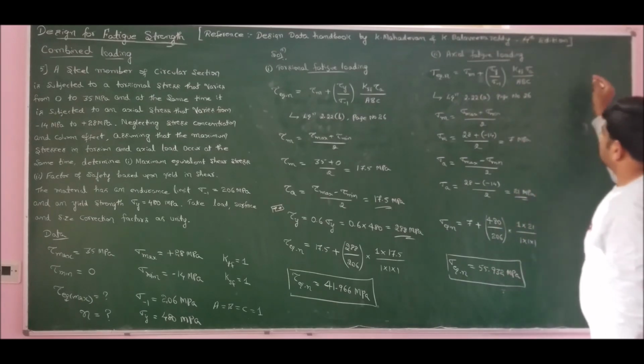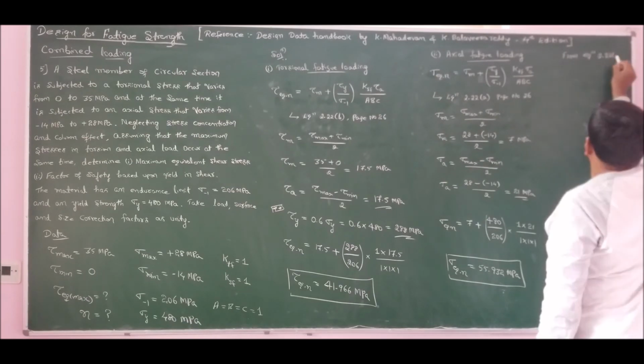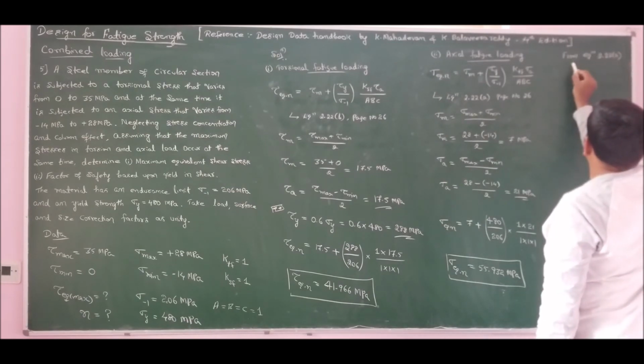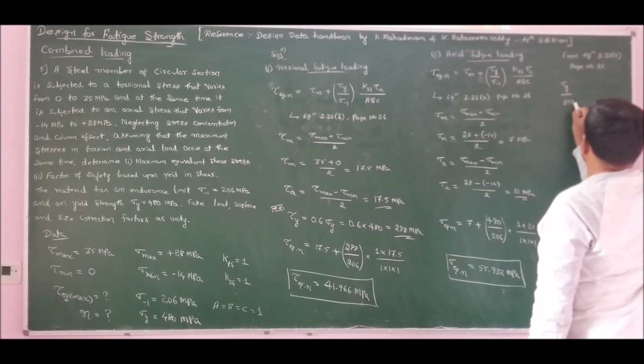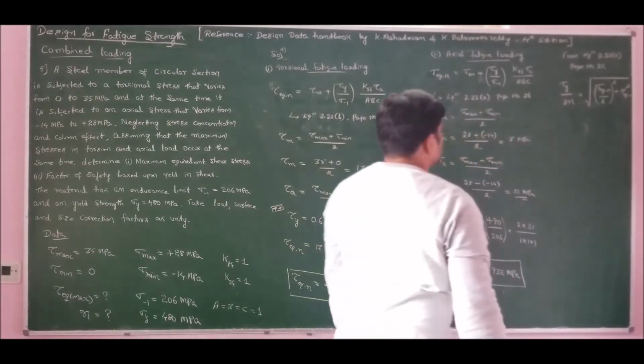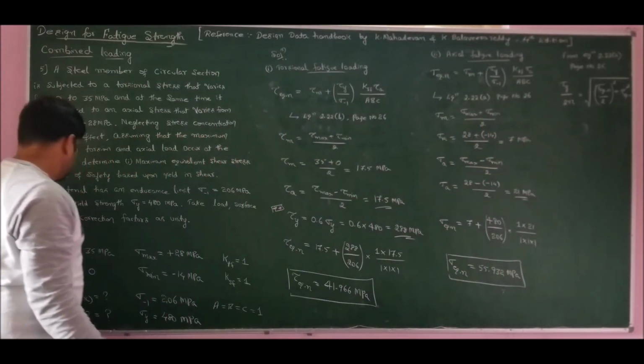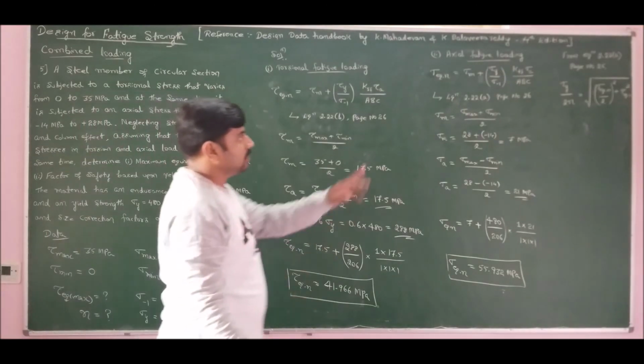For combined axial and torsional fatigue loading, once you have solved these two equations individually, finally we should use equation 2.23a, present on page number 26 of our design data handbook. Sigma yield by 2n is equal to the square root of sigma equivalent n by 2 whole square plus tau equivalent n square, where the right hand side is nothing but the equivalent maximum shear stress. What he has asked, equivalent maximum shear stress, is nothing but the right hand side.